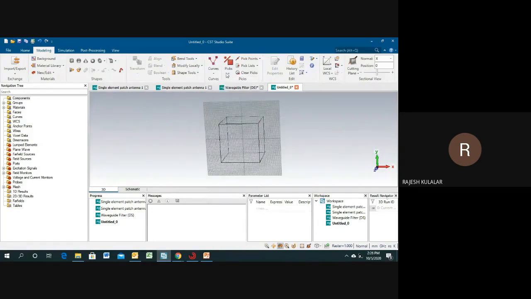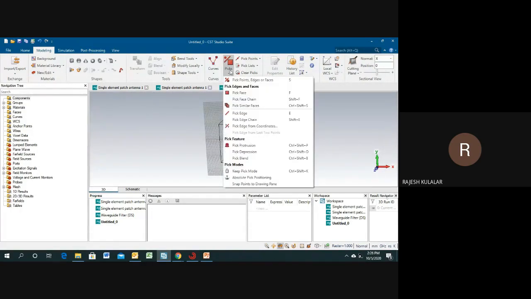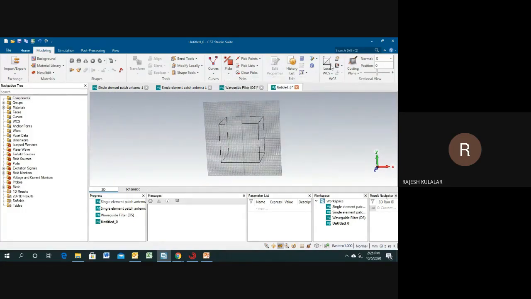Now this one is pick face. If you want to select a particular face, edge, or point, all of these interfaces are given here. And this workspace is in the global coordinate system, X, Y, Z. If you want to select a local coordinate, you can also do that from here, local WCS. So this one is simulation.